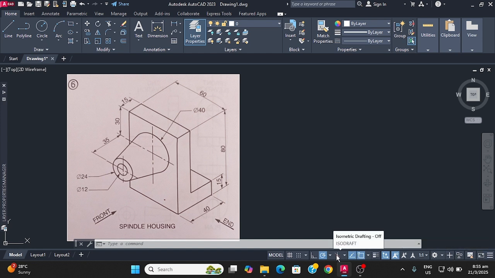So it's here. We're gonna click here to turn it on, and we need our ISO. With the ISO draft is already on. We need our ortho mode to be on. We can click the F8 function button to turn that on. All right, so we are now ready to draw. We're currently in the left plane. I'm going to be changing it to the right plane, so we can click the down arrow to change that to whichever plane we need, or we can press the F5